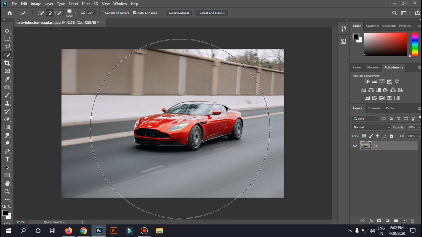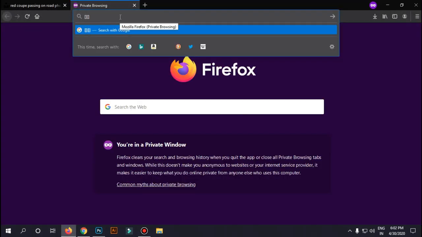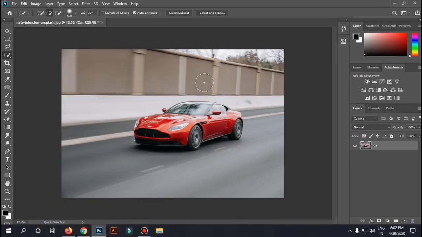You can even resize it with the left and right square brackets over here. Just click and hold the open square bracket on your keyboard so you can resize it. Wait, I'll show you which square bracket it is. This one. Just hold it to increase the size. Okay, so I'll just take a size of this much and just click and select the car, which is an Aston Martin.